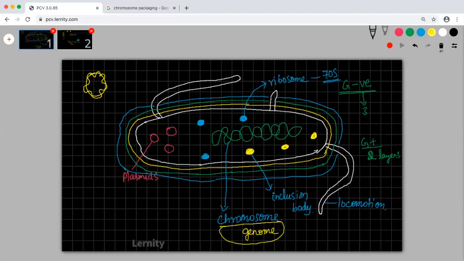Okay, so prokaryotes will not have histone proteins. Prokaryotes will just have DNA, nothing else. Bacteria will not have RNA as genetic material. Viruses have RNA. RNA is present in bacteria for some other function, but the genetic material here is DNA. Let us study RNA and all in 12th standard, because it's slightly complicated and I don't want to confuse you now with too much detail. Gradually you will understand it.